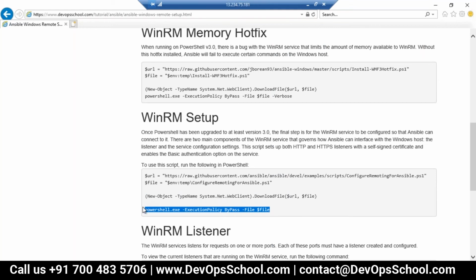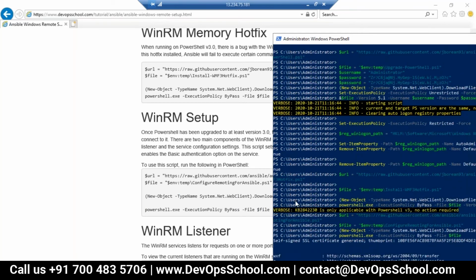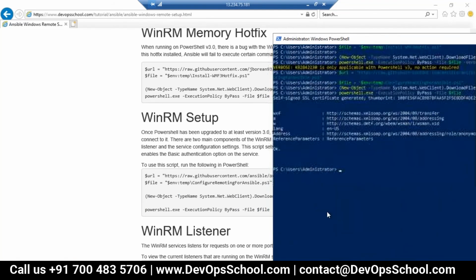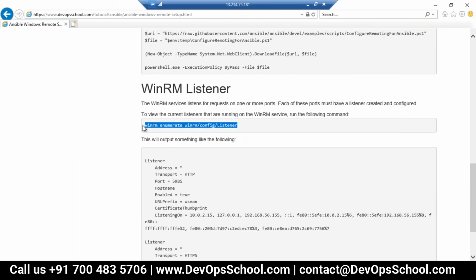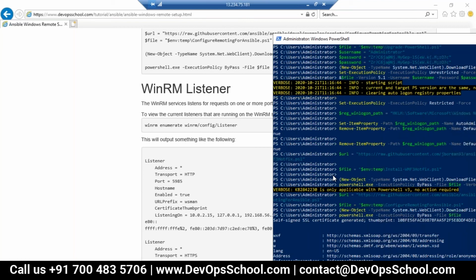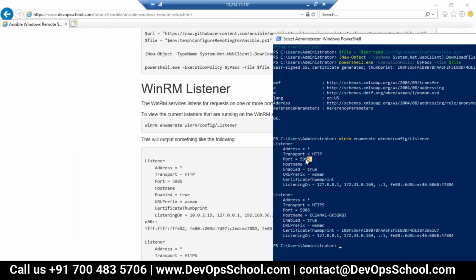Without running this, we cannot manage this from ACS, correct? Yes, ultimately WinRM should be running. If I want to give you a one-line answer, WinRM should be running, and for WinRM to be accessible, you need to enable the port and all. That is what I'm doing. So guys, last command. See here, 5985 HTTP port, 5986 HTTPS port.